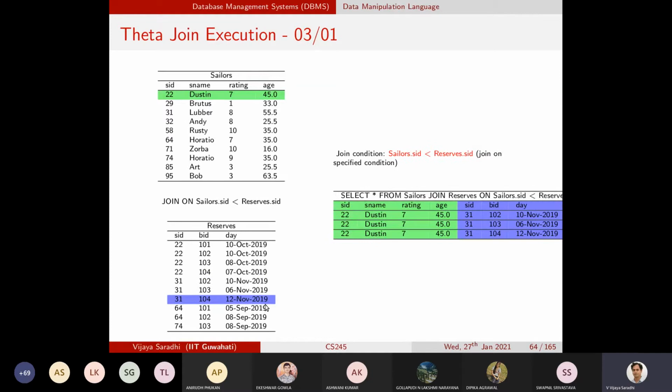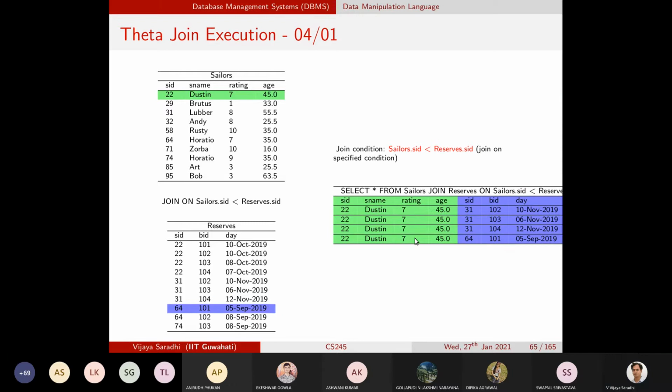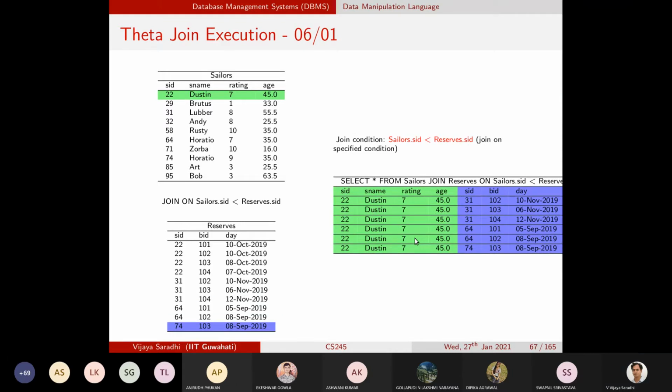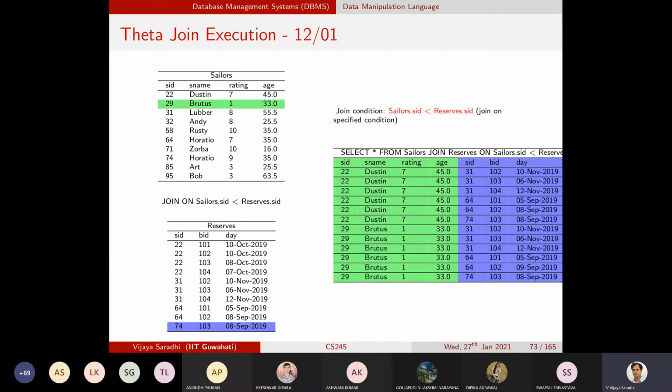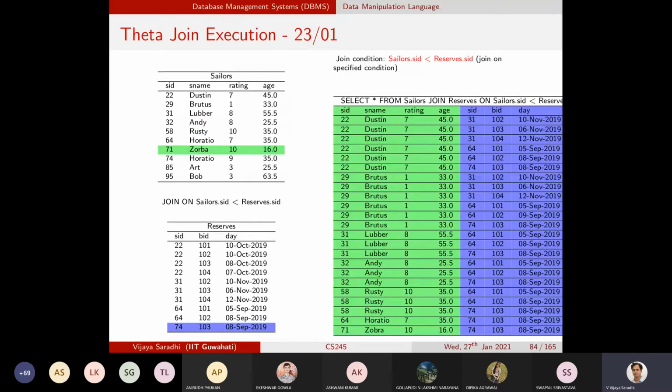With every row of the results table, it looks at the truth value of this particular condition. If it is true, it will be part of the result set. And then we will have all such records. And how many records? There will be as many records as there are where this particular condition is satisfied, right? And if you look at this particular table, this column and this column will adhere to this particular condition.